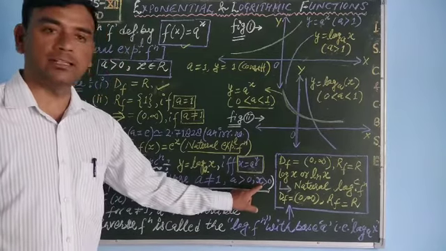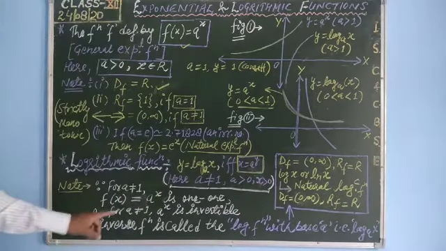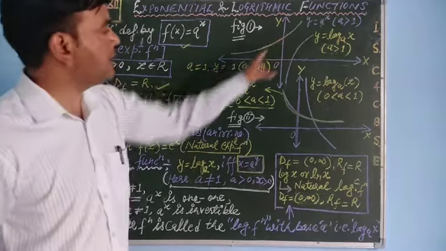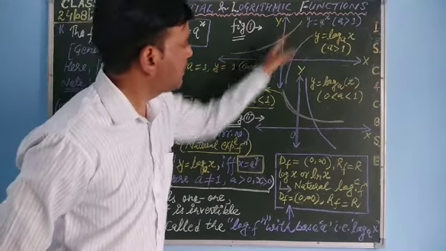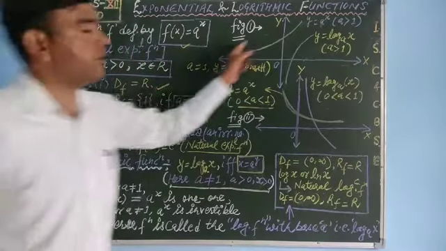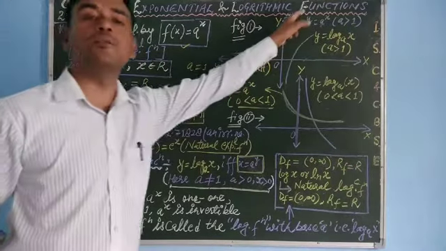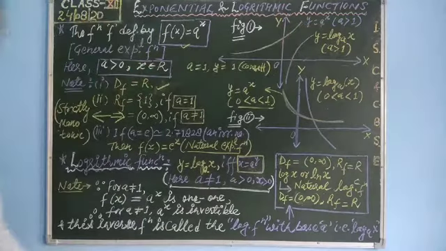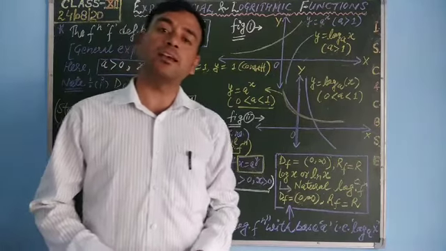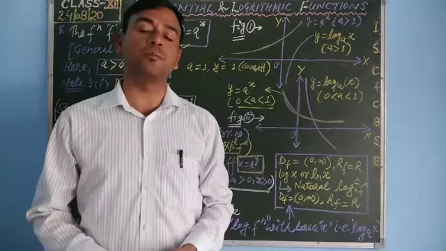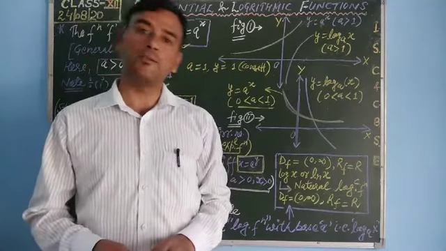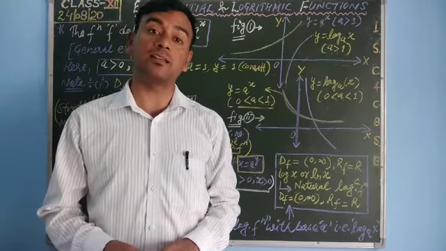Later I will explain why x is a positive real number. See here students, for a not equal to 1, I already discussed that the graph is strictly increasing or strictly decreasing. It means for every value of x we are getting a different value of the function, so for every different value of x we get a different value of y. In the case of types of functions, I think you remember that when for different values of the domain we are getting different images, then that function is a one-one function.